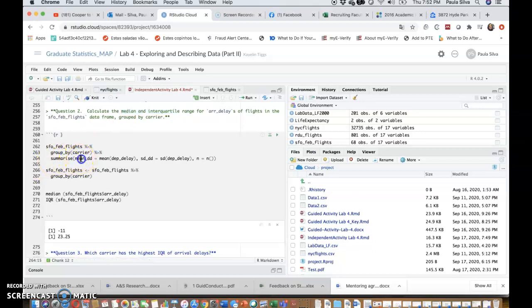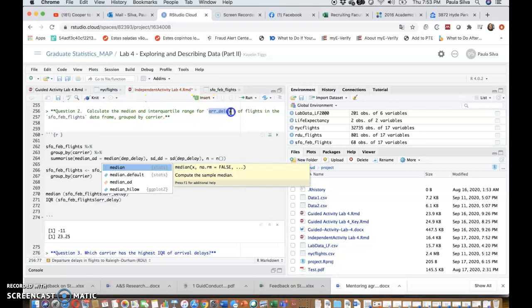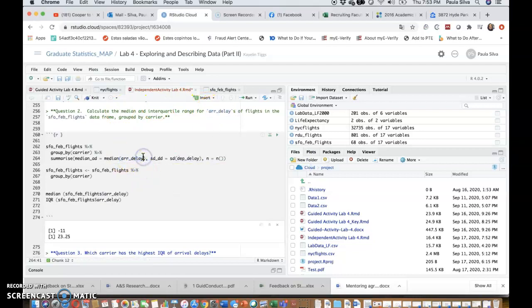So I'm going to summarize, and here's just the name that will appear on this side. It's just the name that will appear on the table. Median arrival delay. You can call it whatever you want here. And then what you want is to compute the median of arrival delay, right there. And then I'm asking you to compute not the standard deviation, but the interquartile range, and you can call it whatever you want, of arrival delay. I'm just giving it a sensible name. And then not the standard deviation, but as you used it here, the interquartile range of